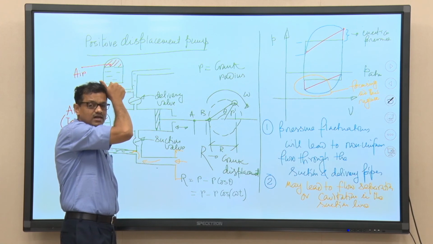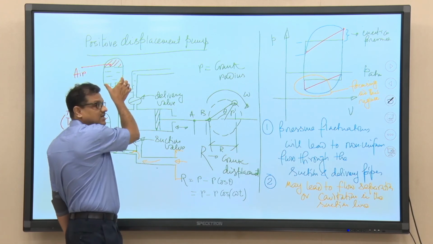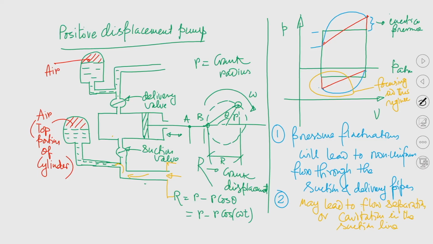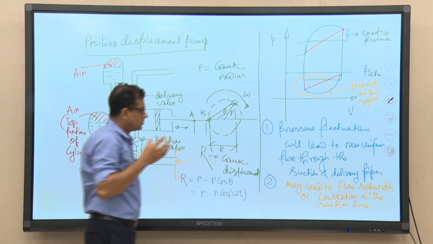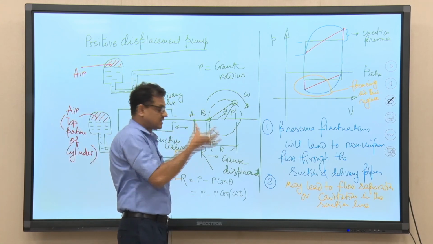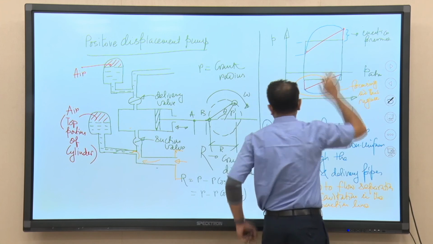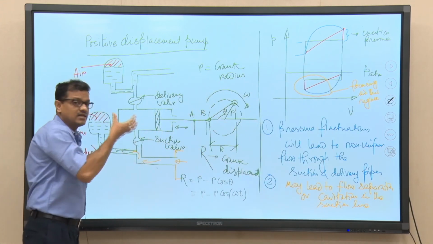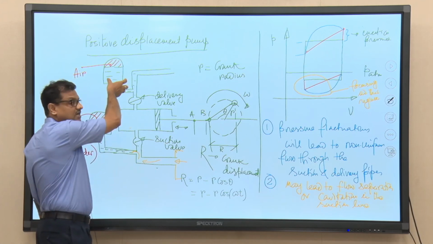Most importantly, if we do not have this air chamber, the loss of pressure due to acceleration will not be utilized, right. So, maybe at the beginning of the delivery stroke we will be getting a high flow rate, at the end we will be getting a low flow rate, and that high flow rate will give oscillation. So, the air chamber absorbs high inertia pressure. At the beginning of the delivery stroke, high inertia pressure is absorbed by the air chamber.